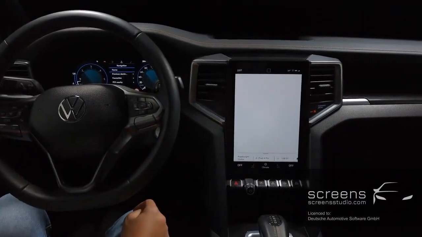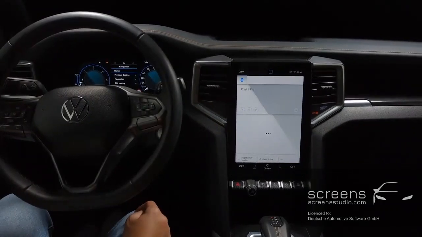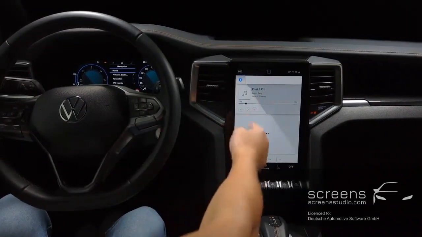We have audio and media, very simple layout,